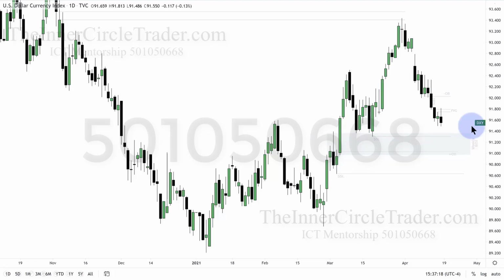This shaded area here is also a weekly buy side imbalance, sell side inefficiency. So that's another reason why I've been favoring this level here. So if you've been ignoring your weekly chart, put your dollar index on a weekly chart and you'll see this range rather clearly in the form of a buy side imbalance, sell side inefficiency. In other words, one big up green candle in between two candles that frame it out as a fair value gap. And below that we have a sell side liquidity pool here, which if we get really animated, it could